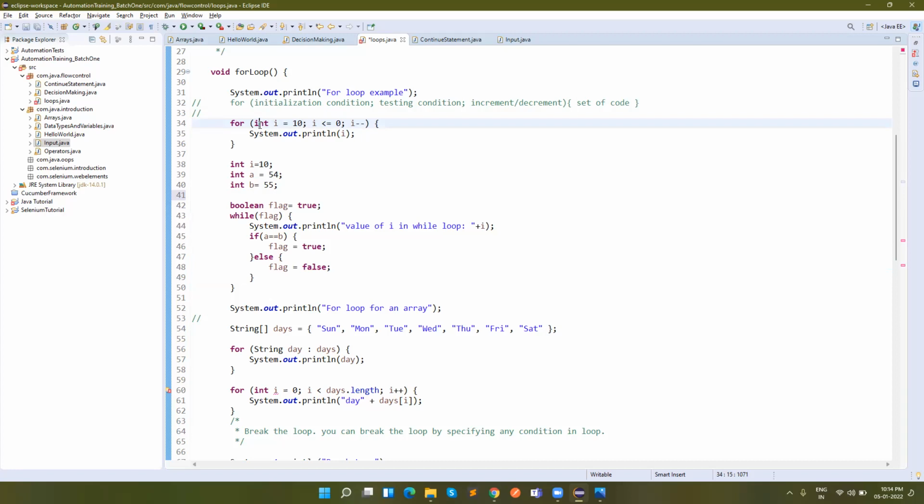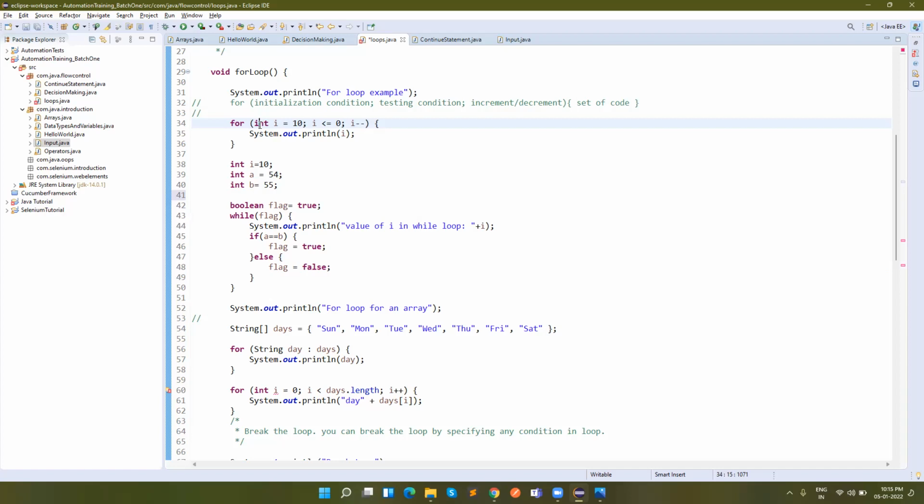Again, don't get confused. In any loop, if the condition is not matched, then it will come out. It's not necessary that it will have the likewise thing. But the main difference is that in the for loop we are using the increment or decrement for the number of repetitions.